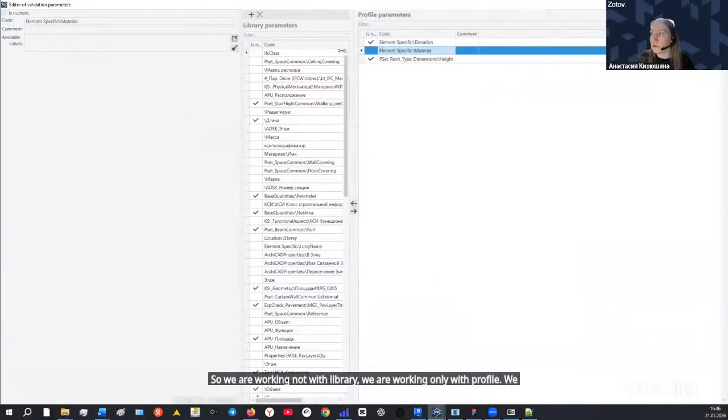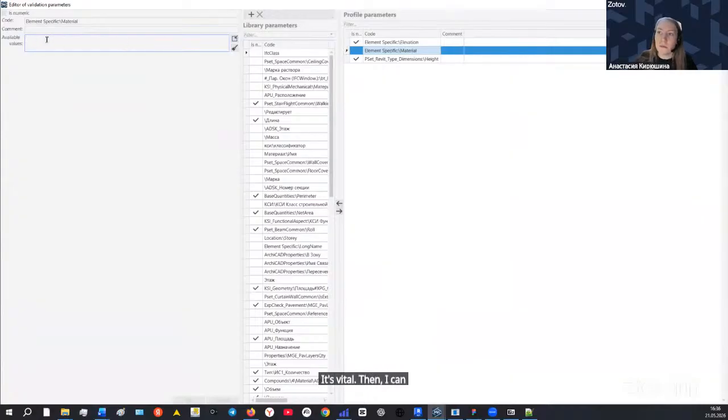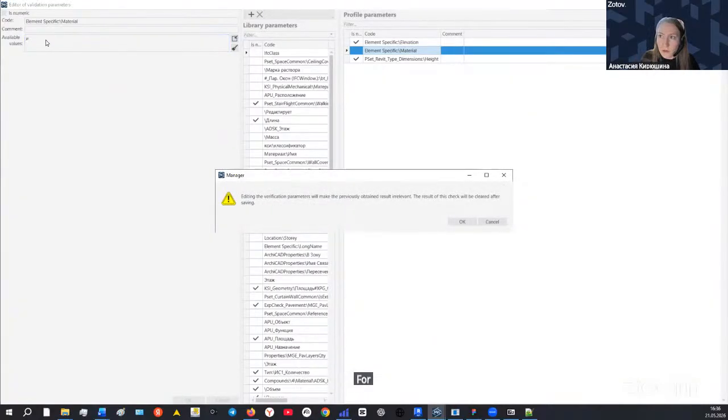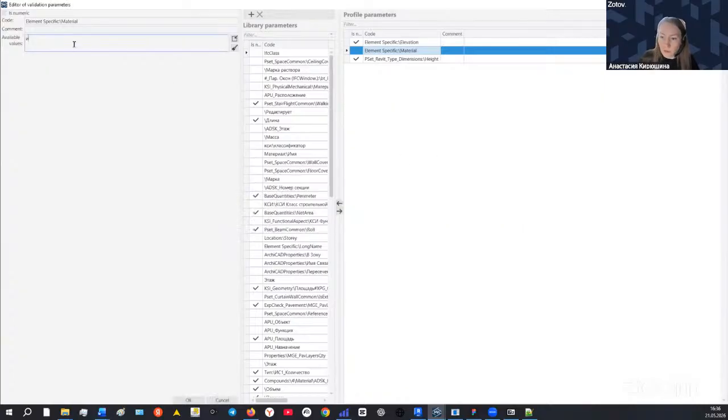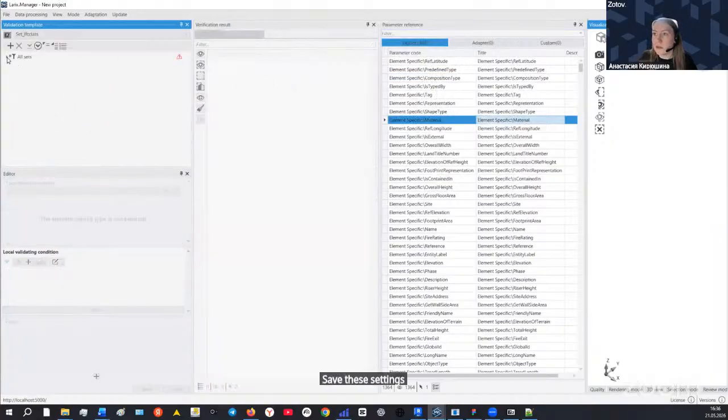Then I can write some values. For example, all walls must have material only brick, and other values can be in the model. So I can save these settings and let's